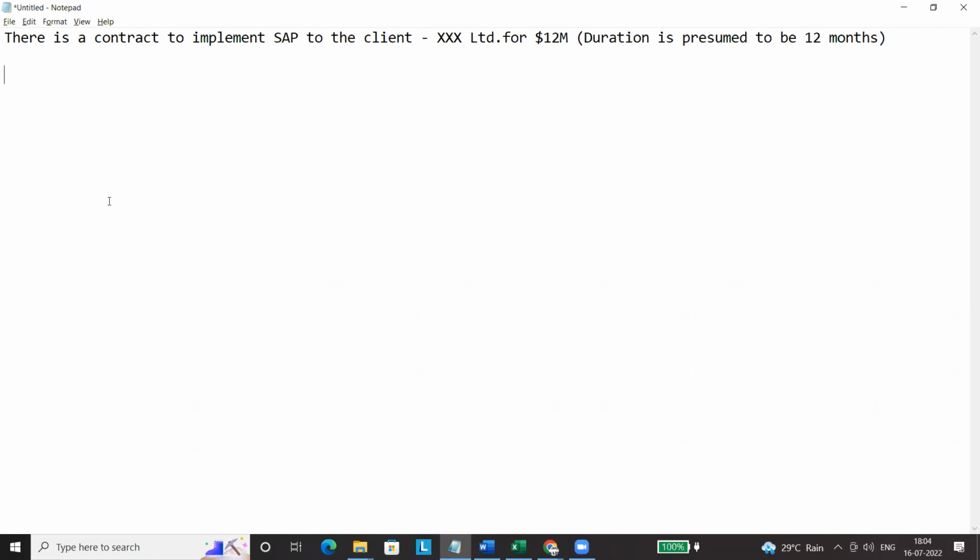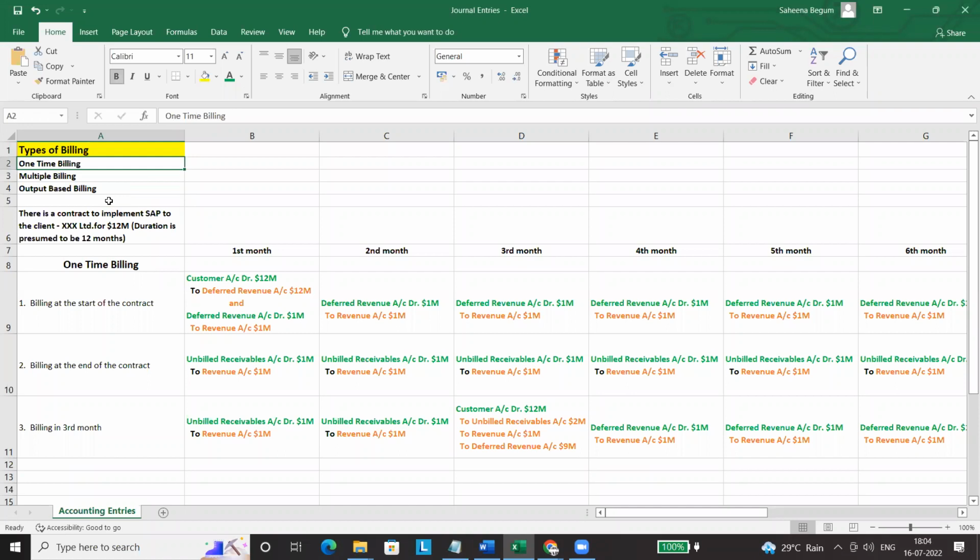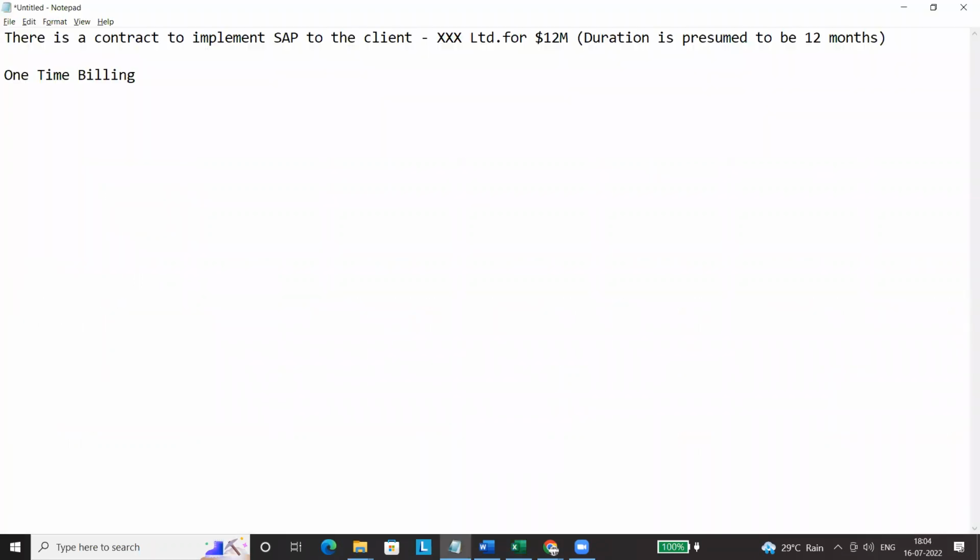Now in our first scenario, which is one-time billing, the billing can happen at the start of the contract, at the end of the contract, or anytime during the contract, right? So let us suppose the billing is being done at the start of the contract, the journal entry would be customer account